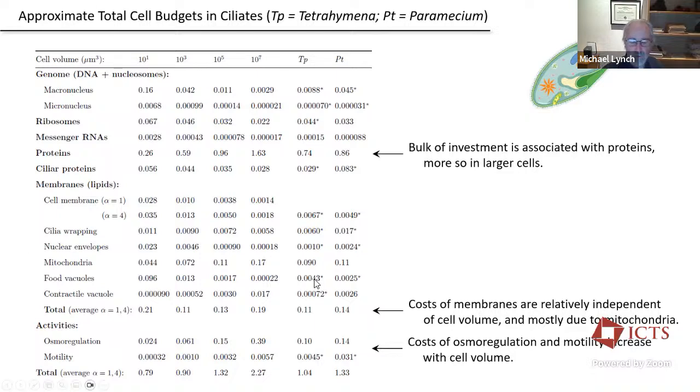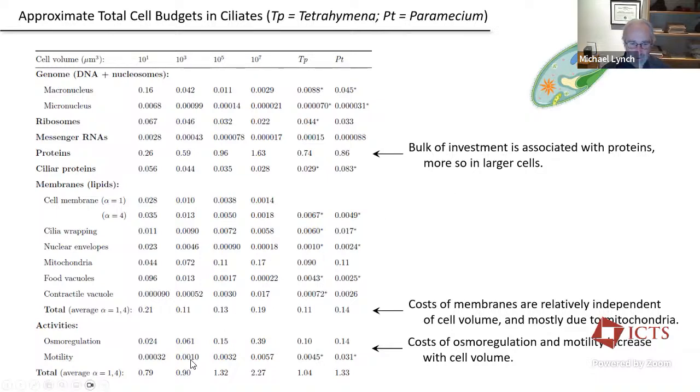And then you can even think of certain activities inside cells. Osmoregulation is a big problem for cells living in an aquatic situation. And it becomes a bigger problem as the cells get larger and larger. There's more membrane for water to be leaking through. And for large ciliates, up to 40% of your energy budget can be spent on osmoregulation. They have these contractile vacuoles, where water is constantly coming in and it's constantly being pumped out by the contractile vacuole, which takes energy.